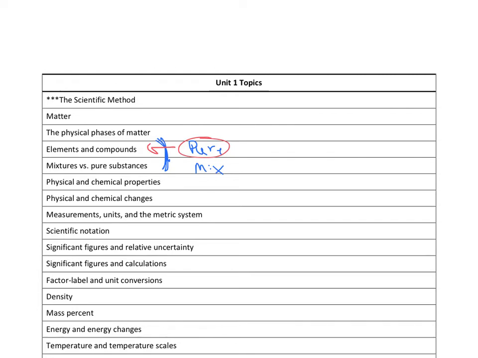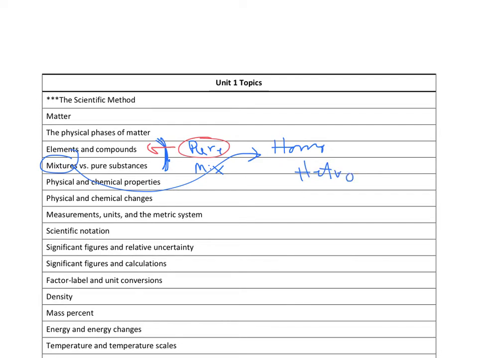Mixtures versus pure substances is the initial breakout. But remember, we said there are two types of mixtures: homogeneous and heterogeneous. I wouldn't put that on your note card necessarily, just to remind you